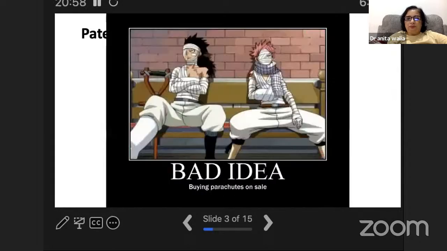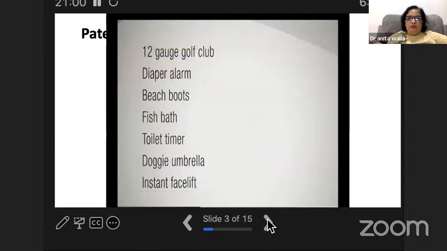For example, I'll just show you certain ideas. For example, a 12 golf club. Some of these things were done by my students, but you can suggest. They have not got patentship on this, so don't assume it. One student has come out with something called a diaper alarm, which I was telling you about a little bit.